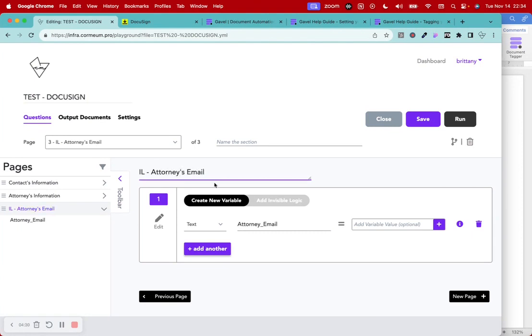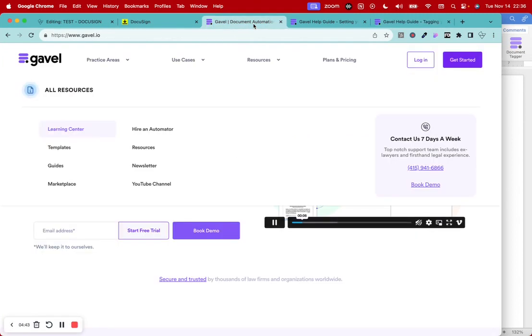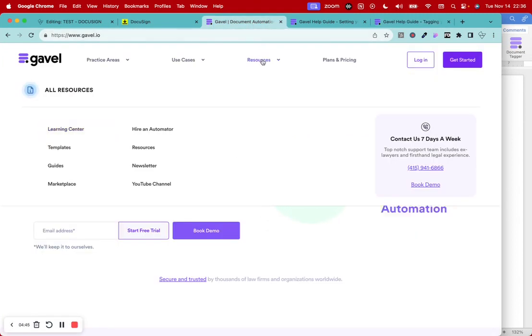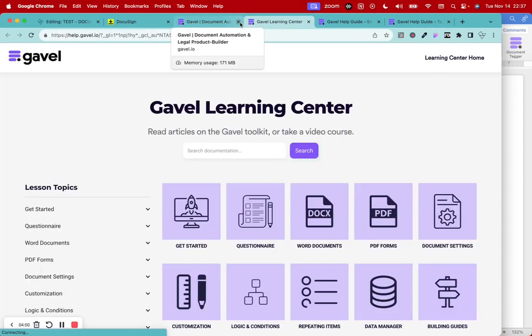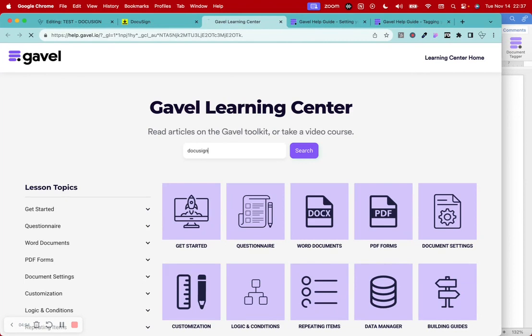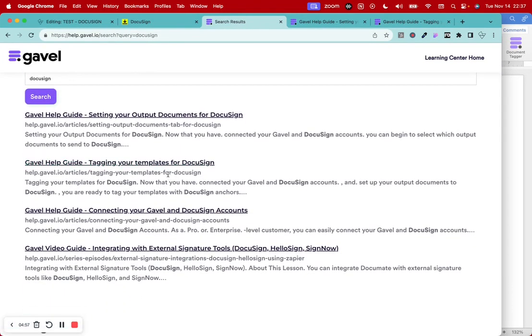So I'm just going to rename this really quickly and let's go ahead and save this. Now before we move on, I think it would be helpful to go over two articles that are from the Gavel Learning Center, which you can get to by going to gavel.io, going under resources, and then saying Learning Center. Once you're over at the Learning Center, you're going to be able to search for DocuSign, where you're going to be able to get some help guides around how to